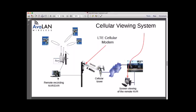We've got some cameras coming into an access point. The access point is plugged into a remote viewing NVR. Sometimes these remote NVRs have a computer and keyboard. They really are basically PCs. And generally speaking, at the remote site, you should have a monitor there when you go to the site, so